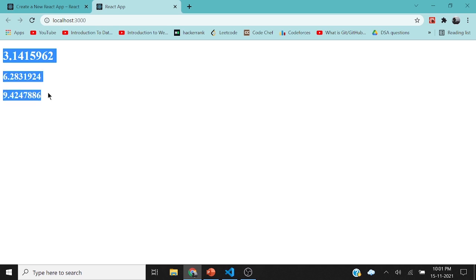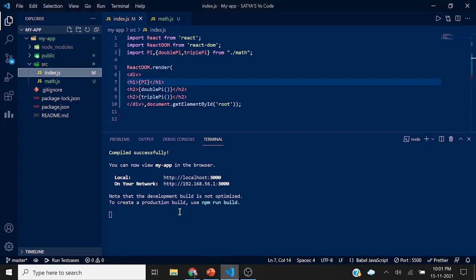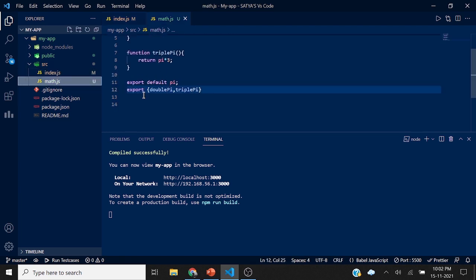So we got our values: 3.14, double pi where we are multiplying this with 2, and this is the triple pi. In this way we'll be importing double and triple components from a math.js file, and we can export in this way.